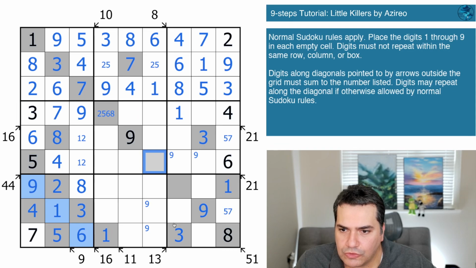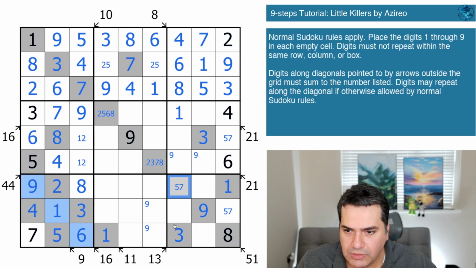That all looks doable. 1 is gone, 2 is available, 3 is available, 4, 5, and 6 are not. 7 and 8 are. 1, 2, 3, 4, 6 are gone. 5 and 7 are available. So 5, 7 pair. These are,